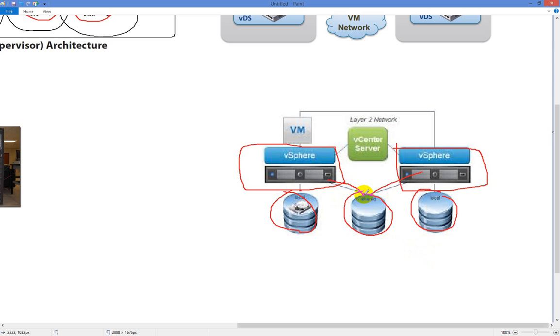The idea behind vMotion is that when you install a virtual machine, the hard drive and all the other VMware files are actually sitting over here in shared storage. So in order for vMotion to happen, the hard drive wouldn't move anywhere.